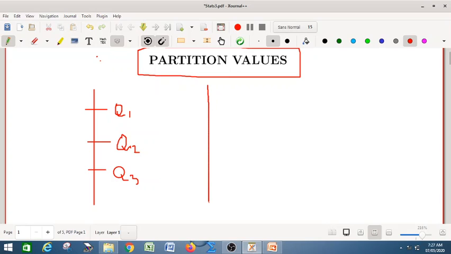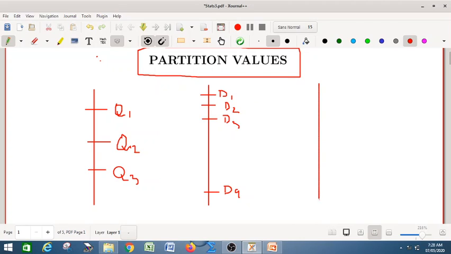Now suppose you want more divisions. So let us define deciles, that is D1, D2, D3, like this, and up to suppose D9. So this divides the whole observation into 10 equal parts. So you require 9 deciles. Okay, D1, D2, D3 up to D9. So these are called deciles.